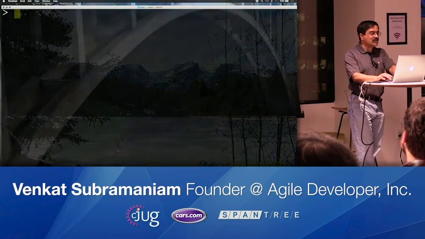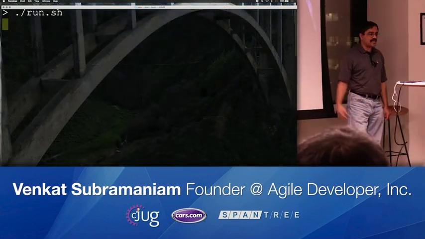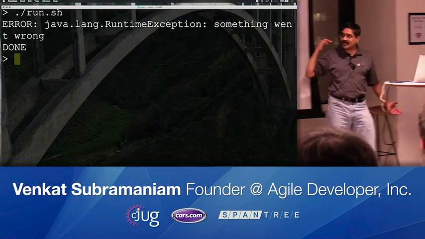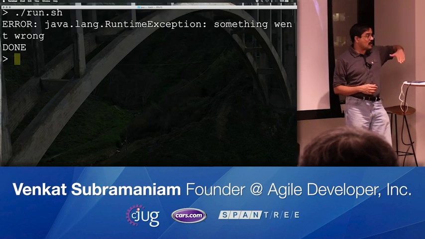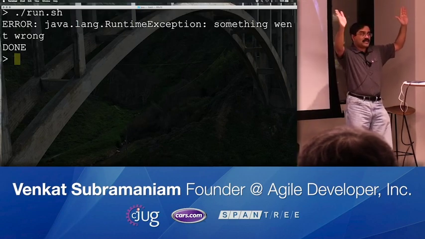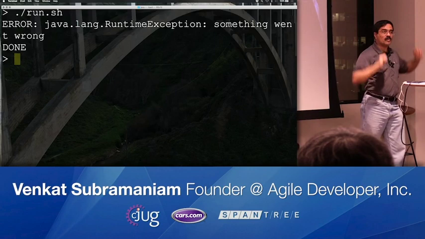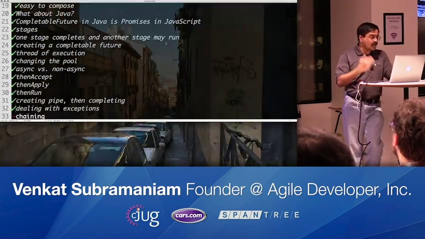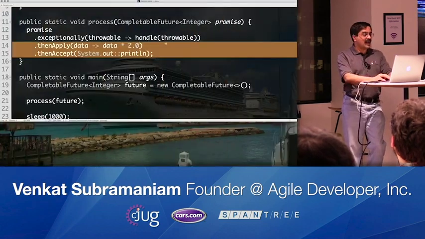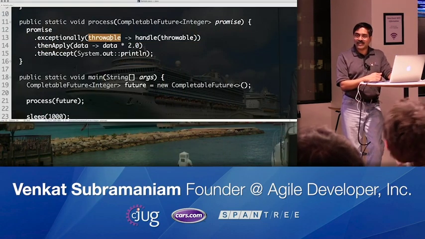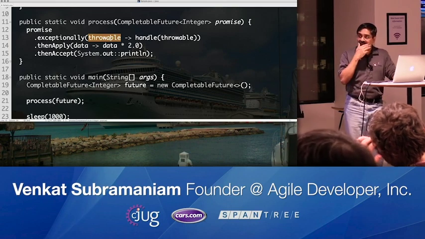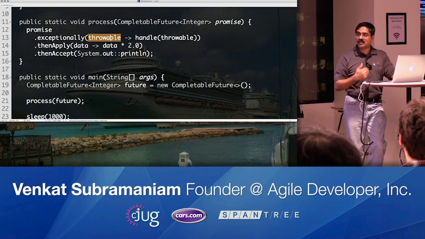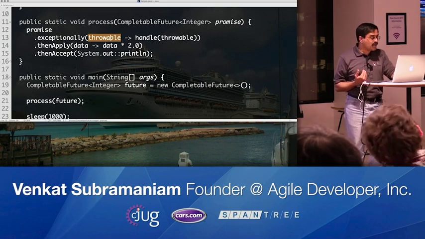So when you go back and run this code, you notice how it says error, something went wrong, and that's it. No 200, no response from the then block. So the thens are no longer called because you are in a rejected mode, and you continue with the rejection moving forward, not to come back to the right path at this point. Of course you can put another exceptionally if you wanted down the lane, and you can deal with that exception if that even makes sense to do. So you could have multiple of the thens. Similarly, you can have multiples of these exceptionally as well, and you can build your pipeline.